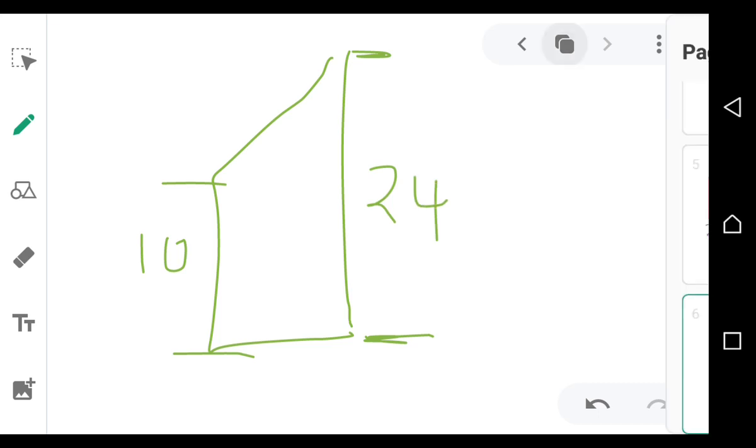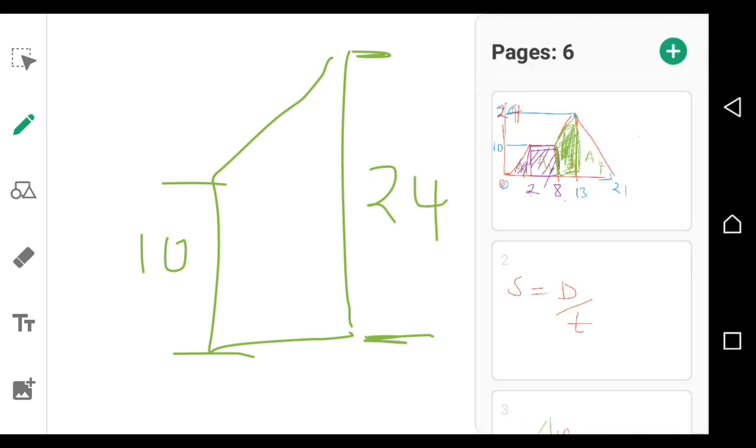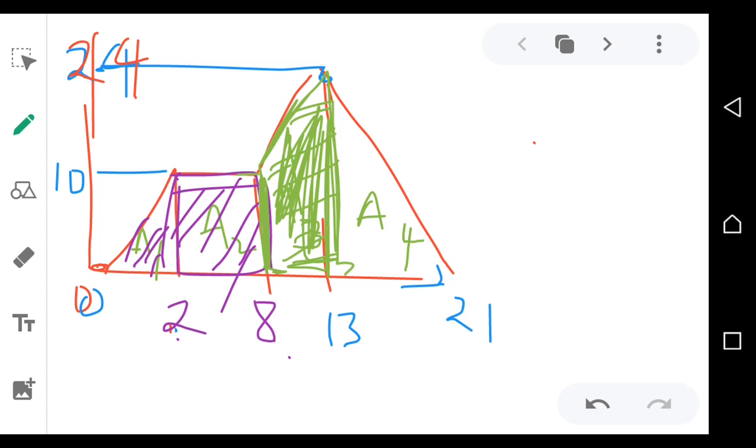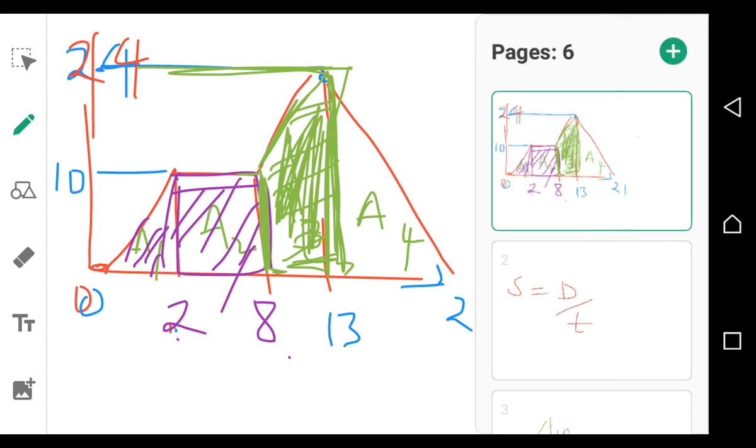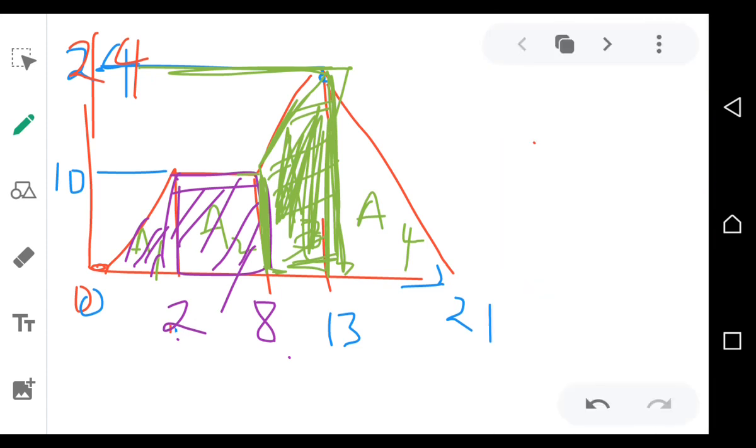Okay, how do you know? Look at the diagram here to show you. The distance from here to here is 24. As you can see, it's 24 there on top, up to here. Here to here, it's 24. And then the distance between here and here